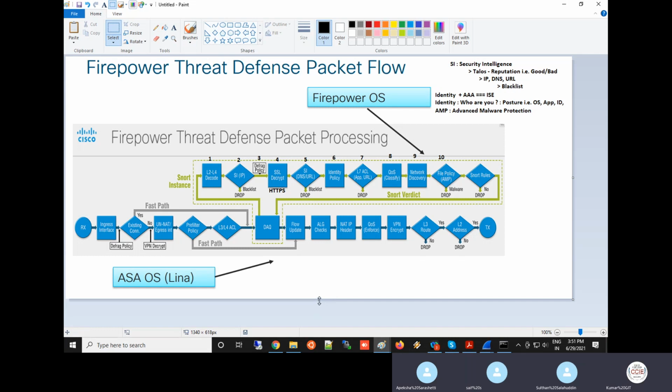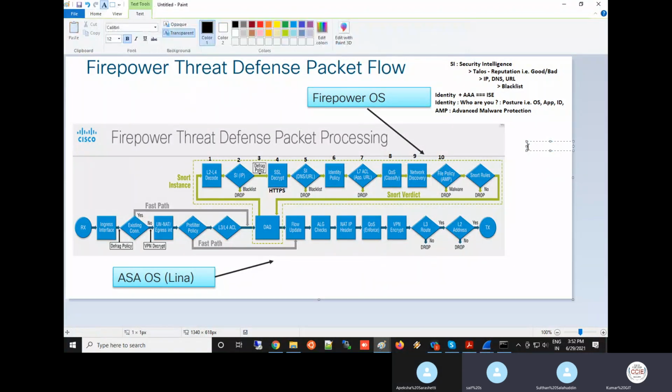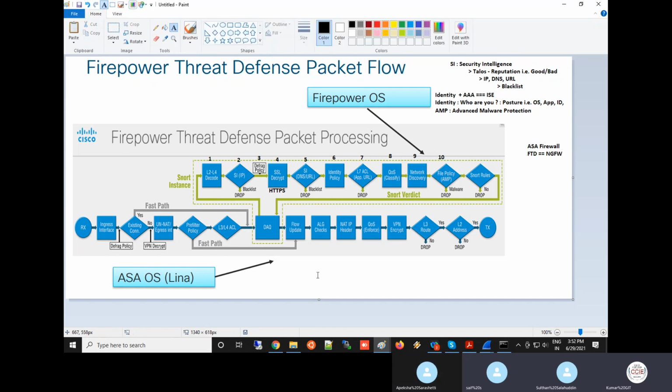Okay, now we are discussing next generation firewall. This is our first topic in CCIE. We are going to do this lab. So the lab starts from ASA firewall. Second, we'll do FTD, which is the next generation firewall. Now the question is, what will the next generation firewall do? What a firewall does is basically L3, L4 packet filtering. Very simple answer. If anybody asks you what a firewall will do, L3, L4 packet filtering.